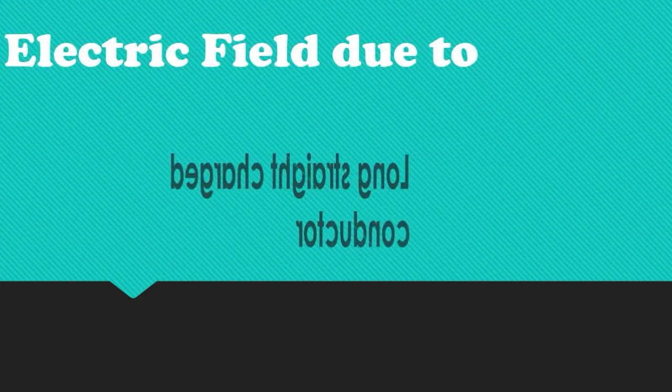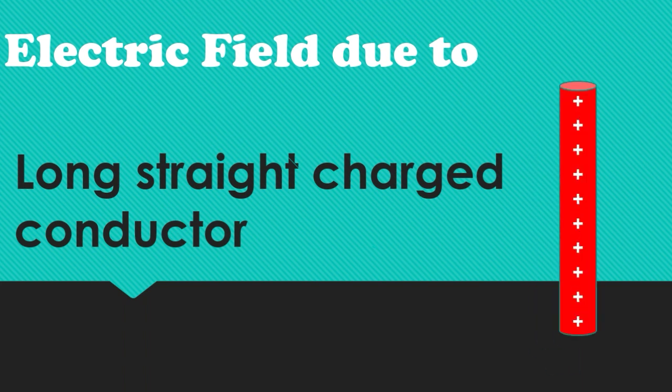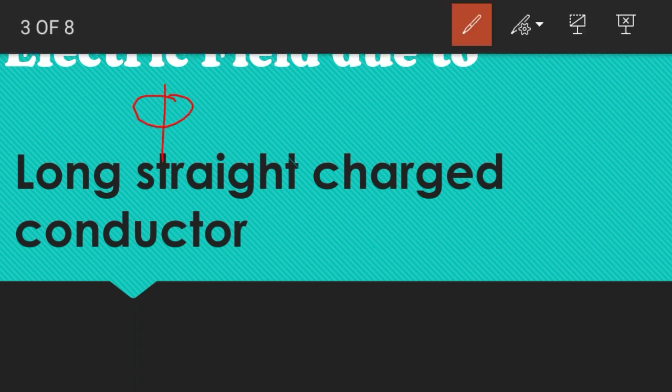So let's apply the Gauss theorem to calculate the electric field due to a linear charge distribution, that is, a long straight charged conductor. If you have a conductor, then there are many charges in that conductor. That conductor is along a single axis, so it is linear in charges. Gauss theorem is basically phi is equal to q divided by epsilon 0. So in this case, we shall first calculate phi, that is the flux linked with the surface, and then calculate the total charge inside that surface. Then we equate them, and solving that, we shall calculate the electric field, right?